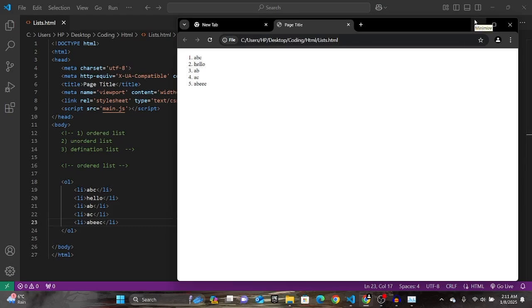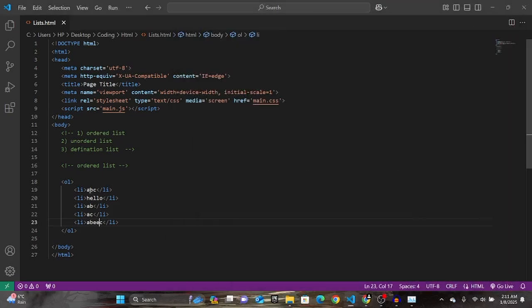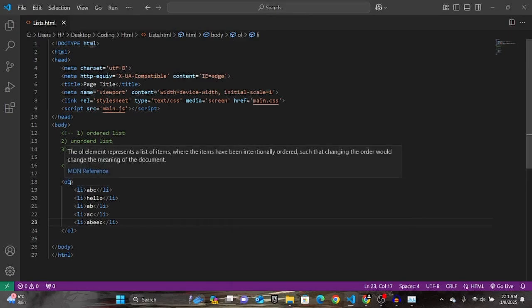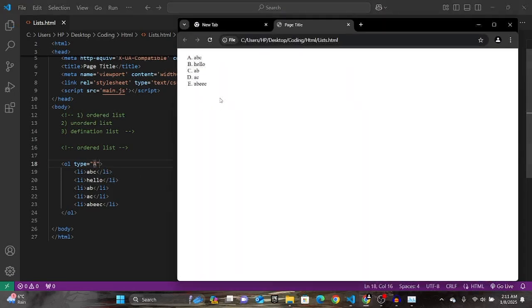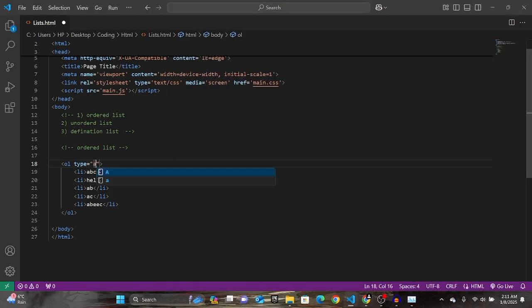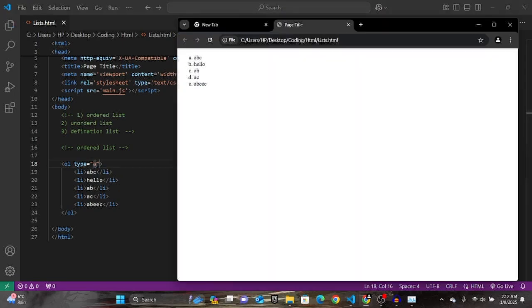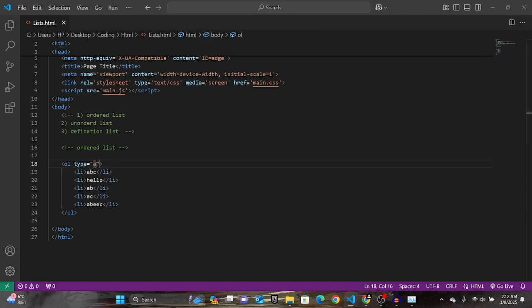Let's just say I don't want numbers, I want capital letters or capital alphabets or lowercase ones. So for that, what I'm gonna do is type type equals whatever I want to write. For example, I want numbers, or I want uppercase A, and then I'm gonna save it and run it. You can see it started the alphabets. For lowercase, you can do this. Okay, now